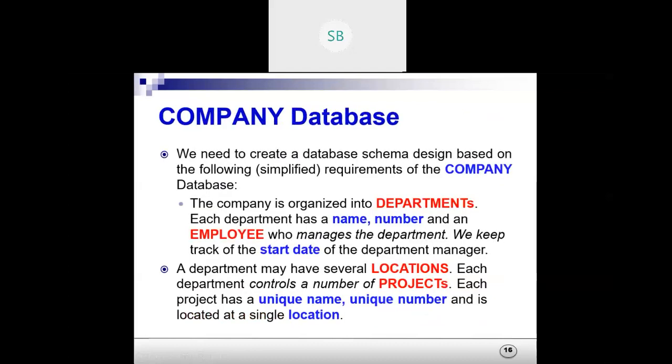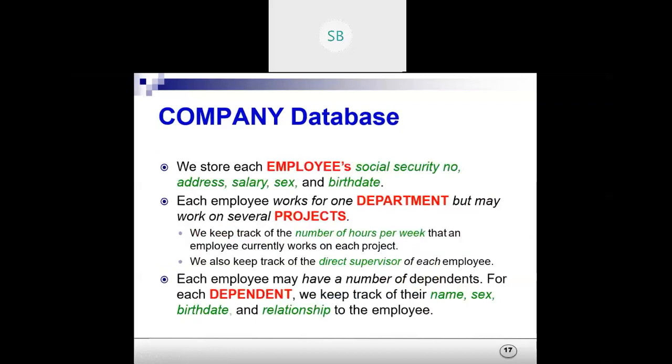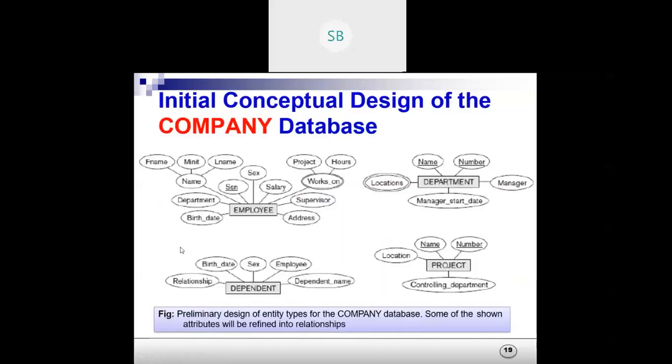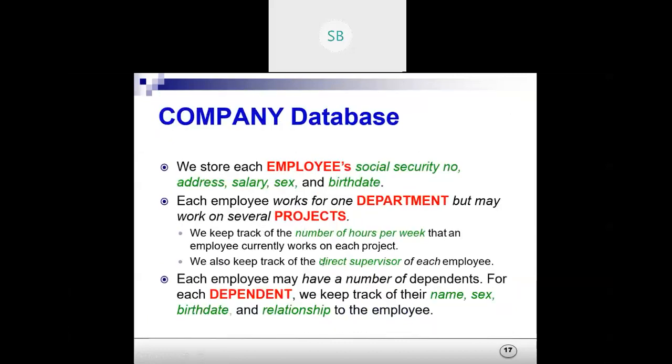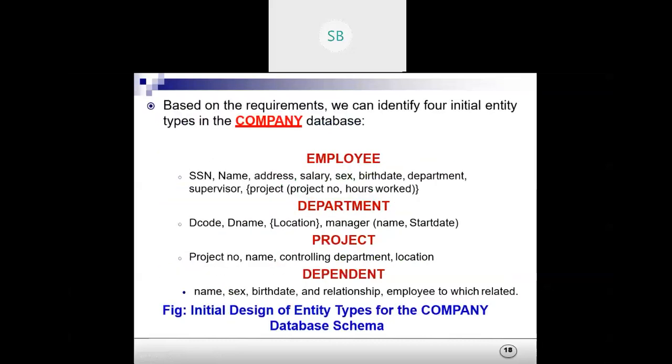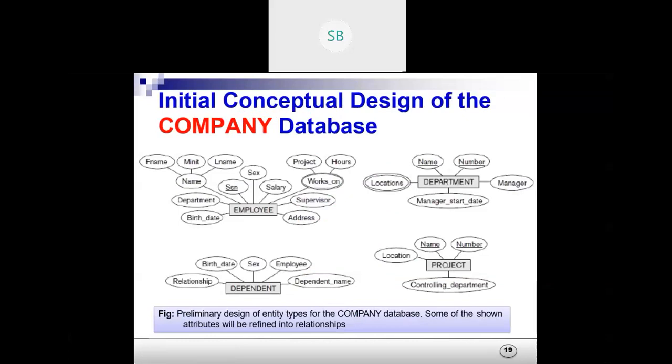So here an example was given. You have to find out the summary case study. I'm not going through it. From this we have this initial diagram. You can understand from this case study that you have to find out your entities. A case study will be provided to you. You have to identify the entities, and then you can mention the properties on your own. Like what do you think the attributes can be for an employee? What are the things you can have for a department? So this is how you initially draw it.